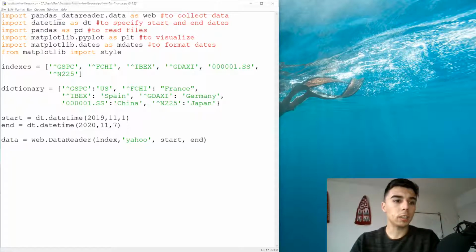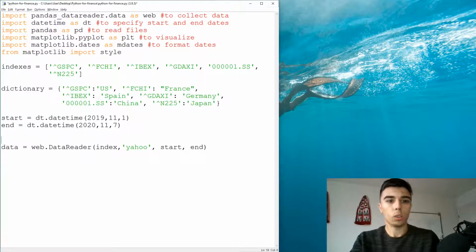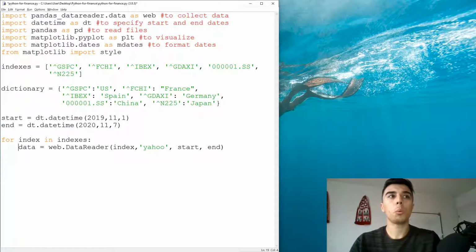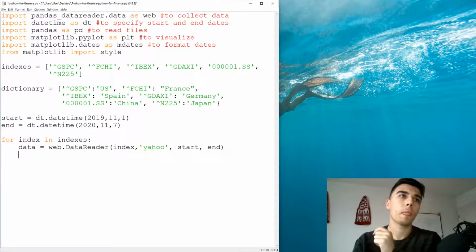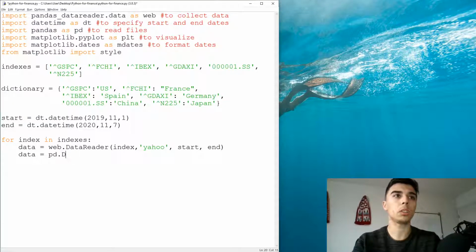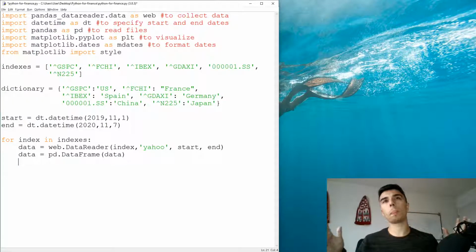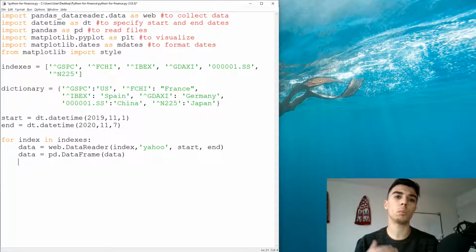So what we're going to do next is, for every index that we have in indexes, we want to first get the data. Then we want to make sure that our data is converted to a pd.DataFrame. So we want to make sure that it's a data frame so we can work much easier with it. We want to calculate the percent change, and then we want to multiply these changes throughout the period to make sure that we have the year-to-date change, and then we can plot that to see how the COVID-19 had impacted